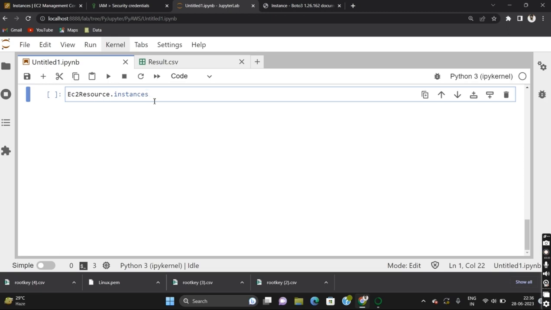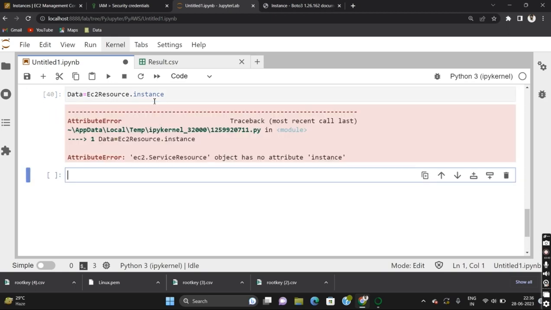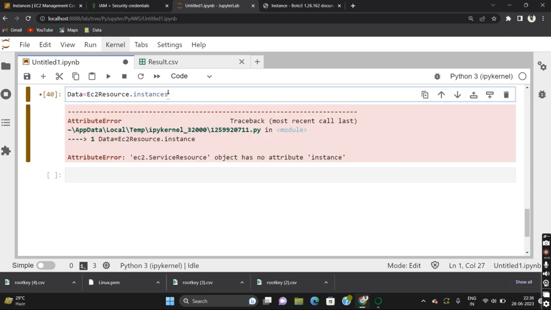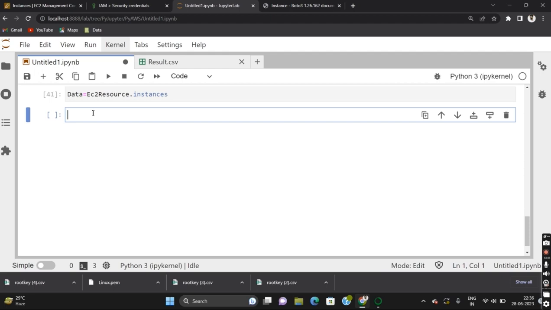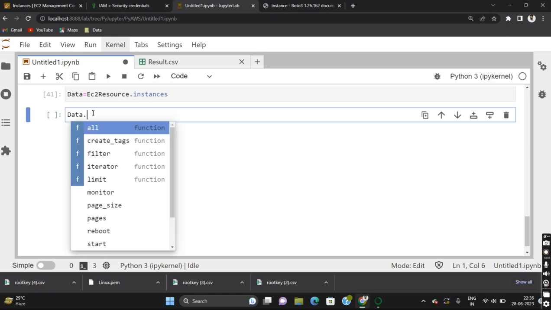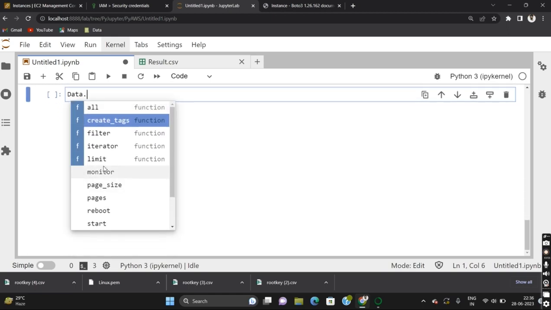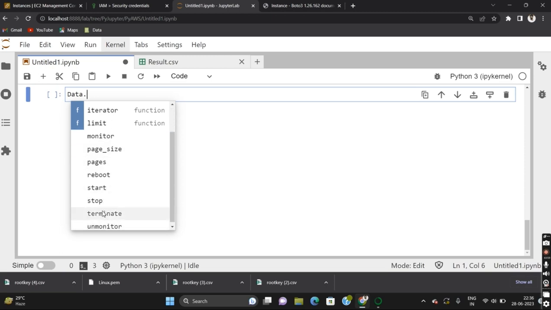So let's see. First we have to store it in a variable, like data. Again I'm going to create it, and it will override. Let's see, data. And now you can see we have different methods: monitor, reboot, start, stop, terminate. So let's first perform the